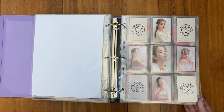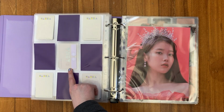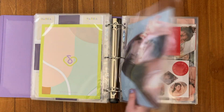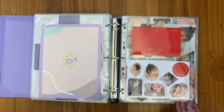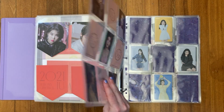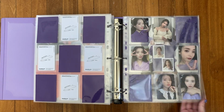Then this set of merchandise photo cards. This is her 4th Gen Uena Kit photo cards, and then I have my fan club ID on the back. And these are the posters that came with the fan club kit, as well as the sticker. Oh, and then we have the 2021 Season's Greetings. Her celebrity merchandise photo cards, and some Panolim pizza cards, lilac photo cards,